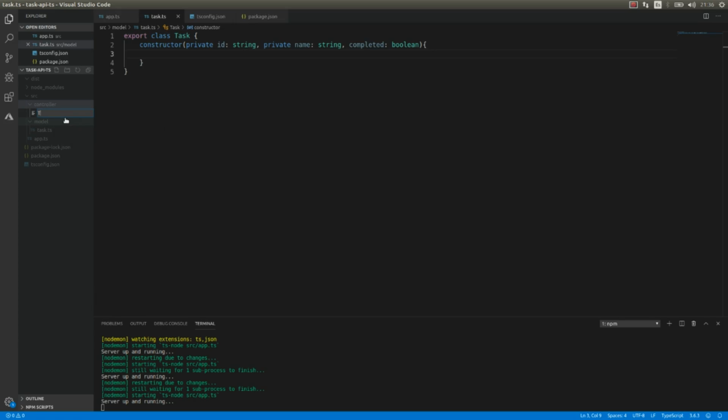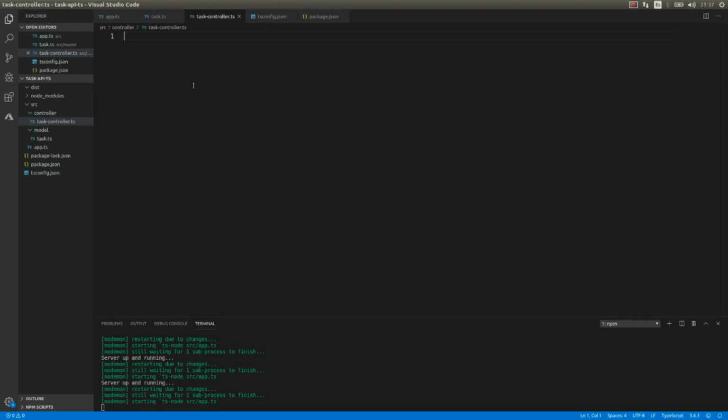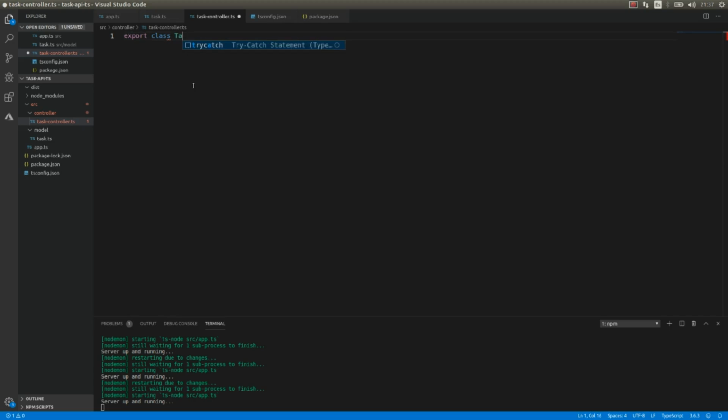It's going to be the class task controller.ts. So export class task controller,